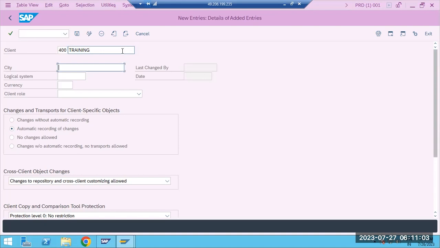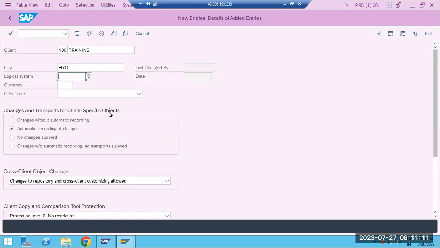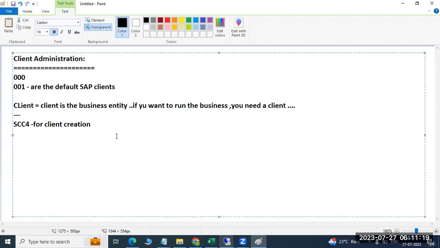So what is the city? City means, suppose I take Hyderabad. Then what is the logical system here? Here you are in a dilemma. What is meant by logical system here, right? We don't have any entry here. What to fill here, right? To create the client, there is a